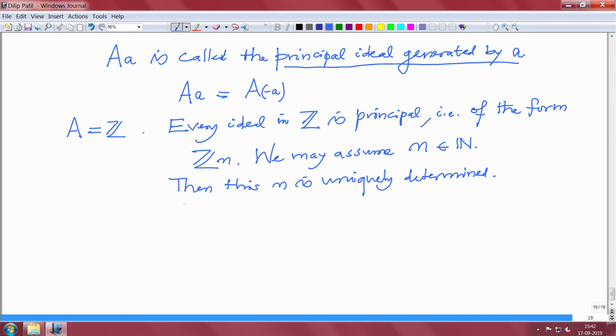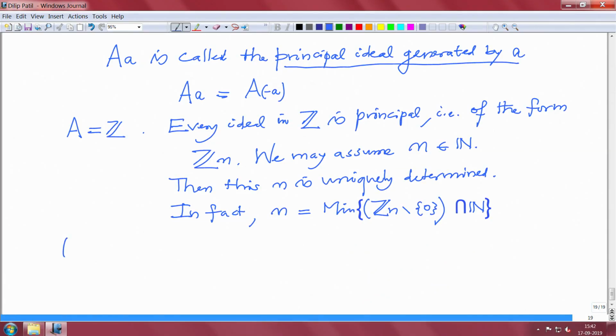In fact, n is the smallest, n is the mean among all multiples minus 0. Okay, so that is it, and we can imitate this process for 2 elements and 3 elements and finitely many elements, or even an arbitrary family of elements. So, yesterday I did a little bit, but now let us do it more precisely.